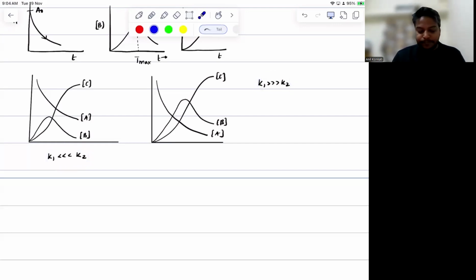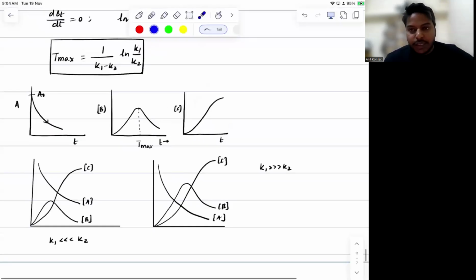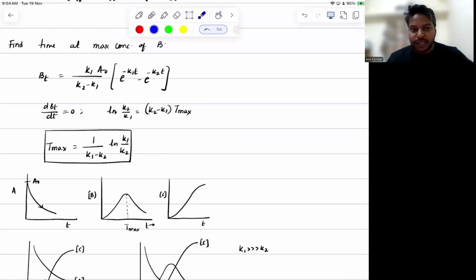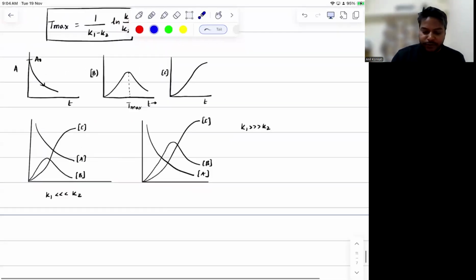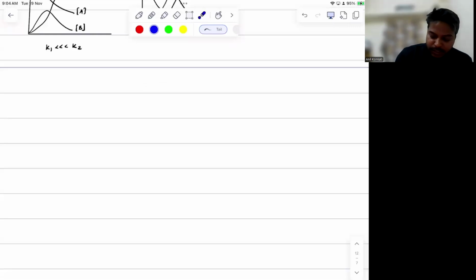Okay. So I hope the series and parallel reaction cases are clear, everybody. This much is what you need to learn from series and parallel reactions. Let's see another application from